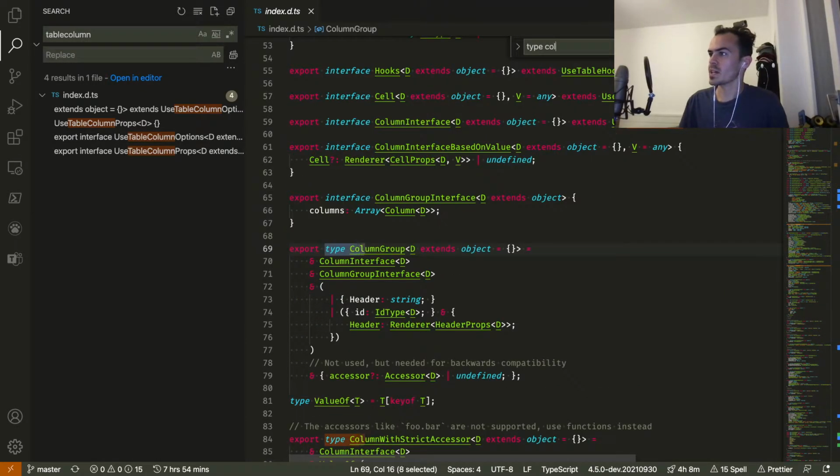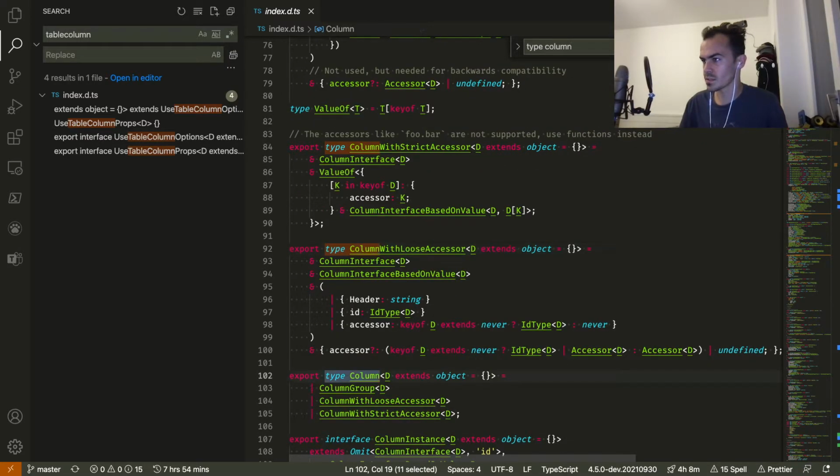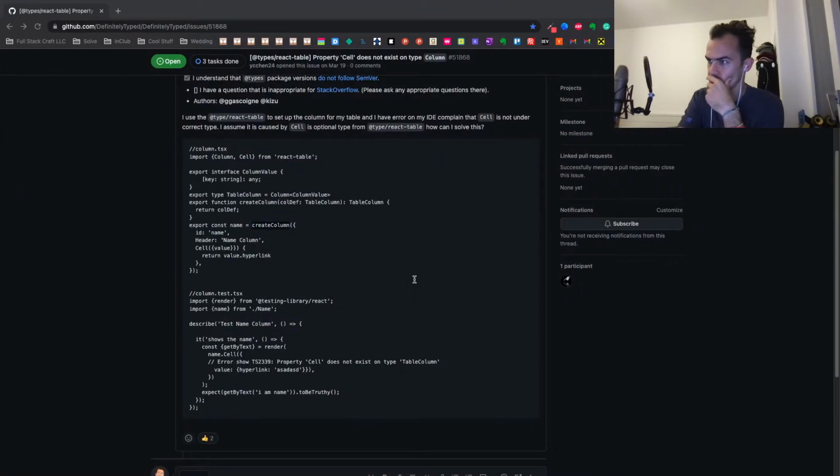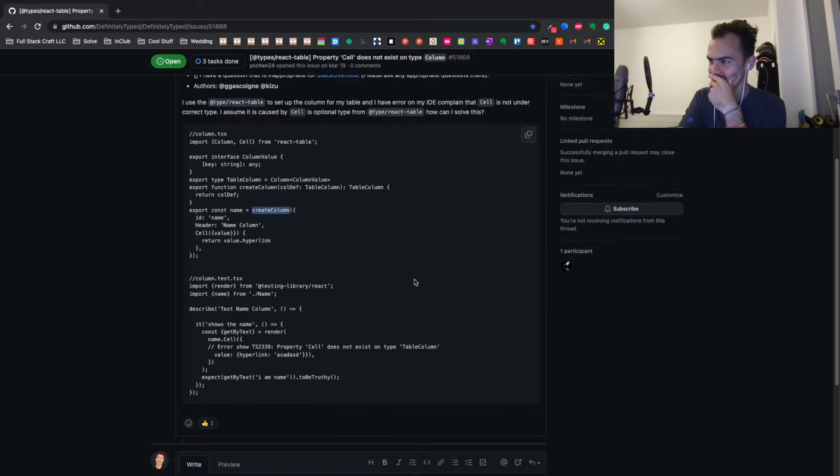This is weird. Why is he typing on top of the existing types? Just use the types of the library. D extends object, okay, and he's passing in. Oh no, it's another red herring.